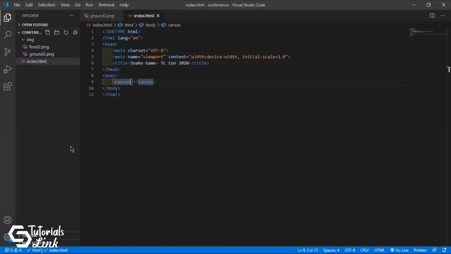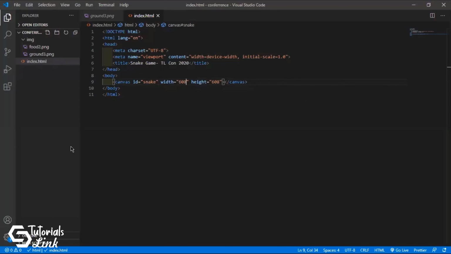Inside the canvas, I'll give it an ID, let's say snake, and I will give the width as well as height the same as the image which I have provided, that is 608, and here also 608.